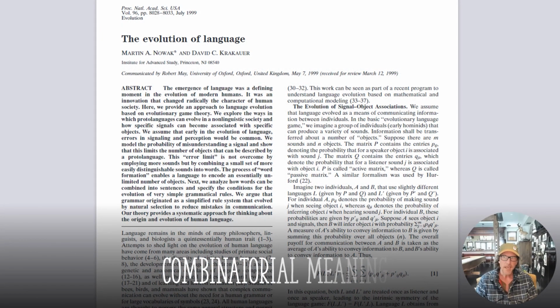In 1999, Martin Nowak and David Krakauer published a paper in the Proceedings of the National Academy of Sciences titled The Evolution of Language, which outlined the math as to why the combination of smaller sound units is necessary to overcome what's called the linguistic error limit. It's an elegant, convincing work, and it's thankfully short. The opening sentence reads, quote, "Language remains in the minds of many philosophers, linguists, and biologists a quintessentially human trait,"